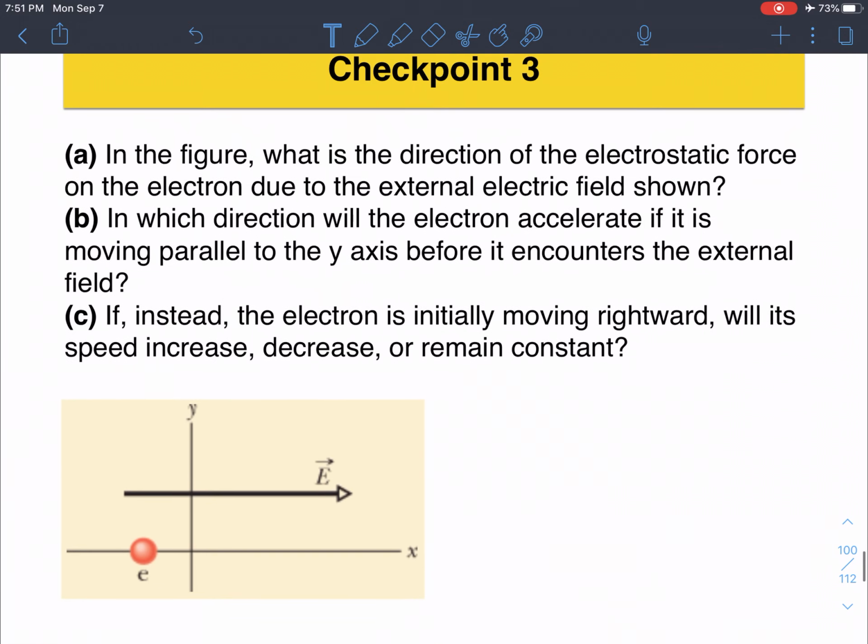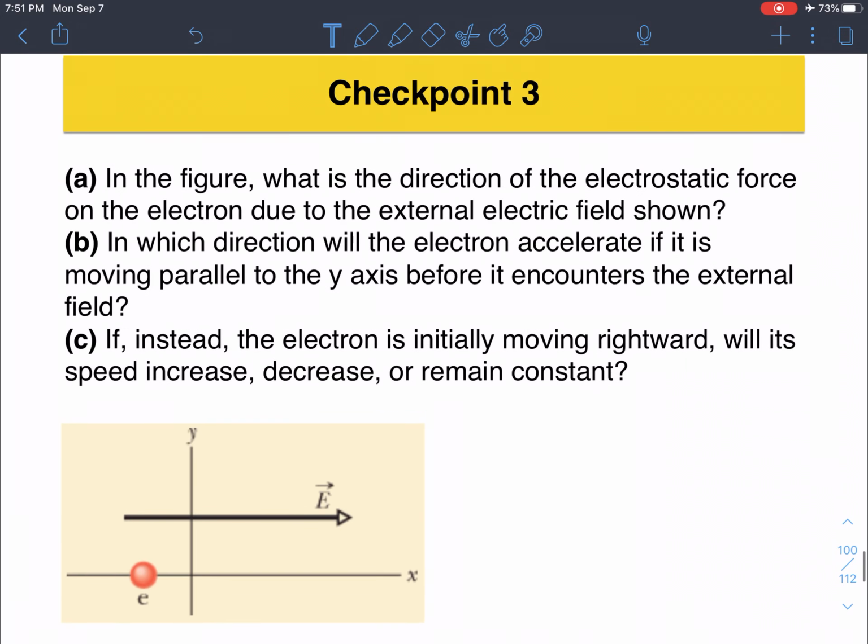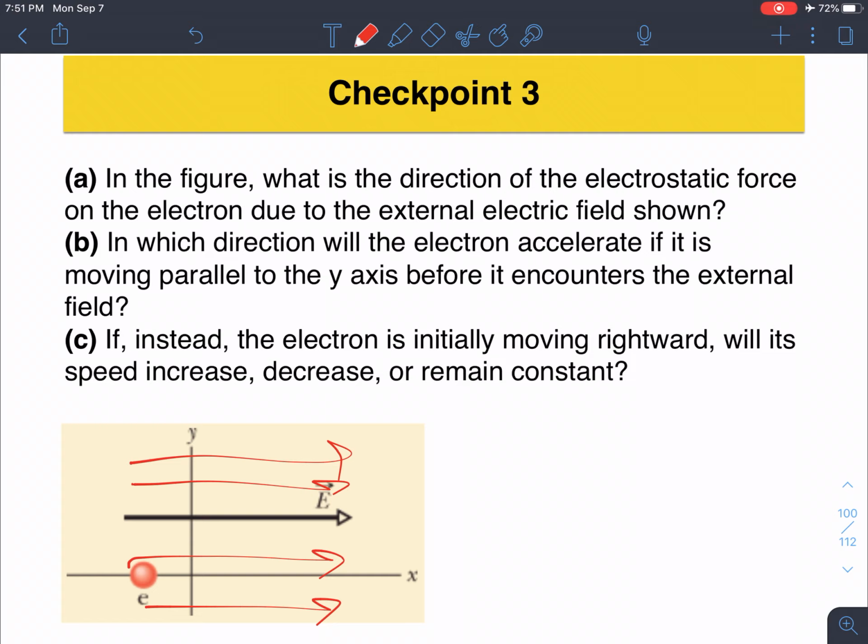So this is where we left. And we will do checkpoint question number 3 from the textbook. In the figure, what is the direction of the electrostatic force on the electron due to the external field shown? So the external field, again, is shown that way, but they highlight this area. That really means that there is electric field in this region everywhere. It's to the right, same magnitude, because it is